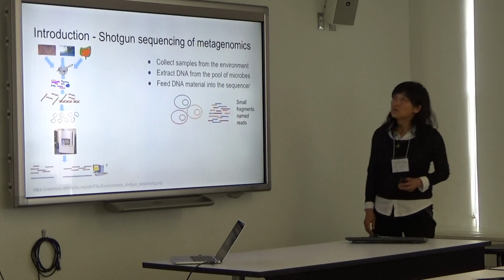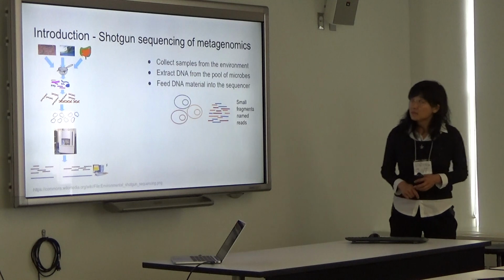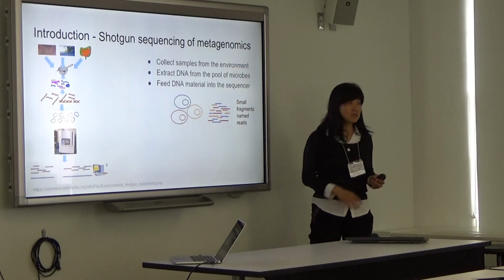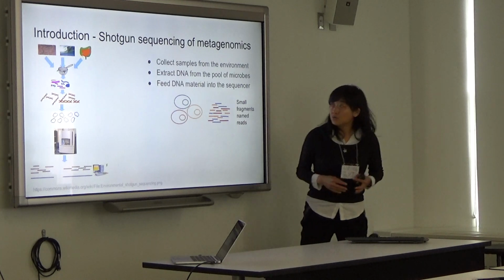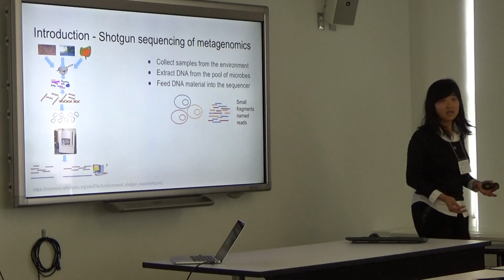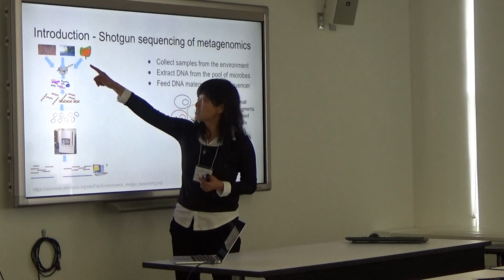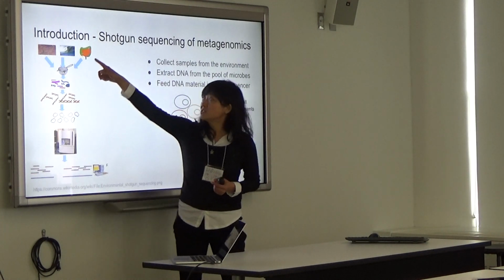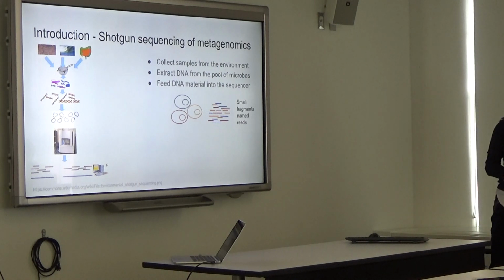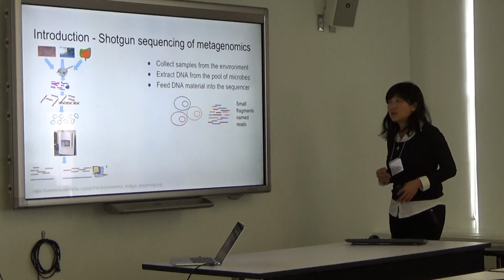So okay, what is metagenomics, right? Here's the slide on shotgun sequencing of metagenomes. The idea is that you can look at anything you are interested in. You can dig up some dirt, or go to the ocean, or an Arctic glacier, or this is the human gut. You can take samples from there, extract the DNA, and then sequence it. The sequencers will generate lots of